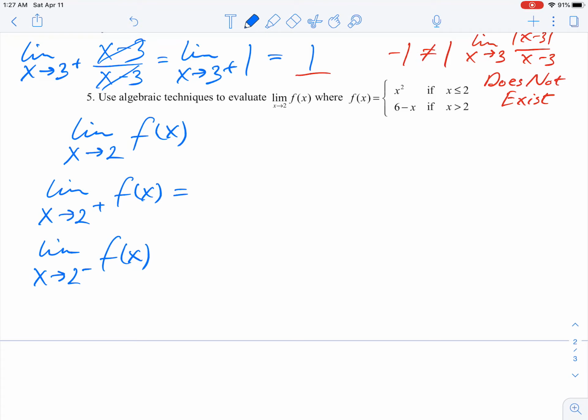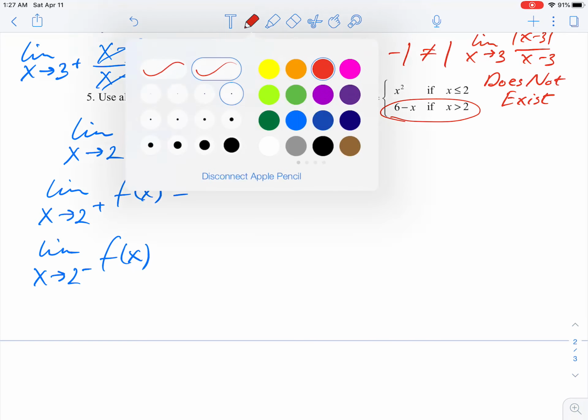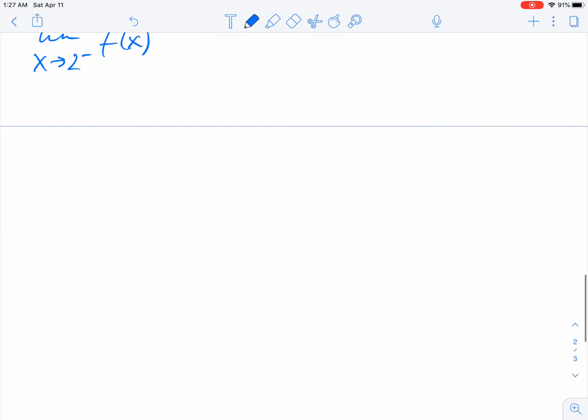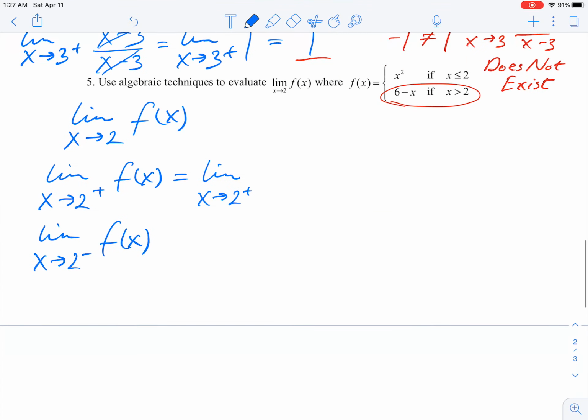So from the right, that would mean that x is bigger than 2, so that means we're working with this chunk, bigger than 2. So that's the limit as x approaches 2 from the right of 6 minus x,